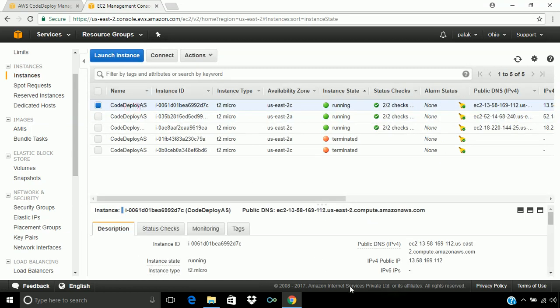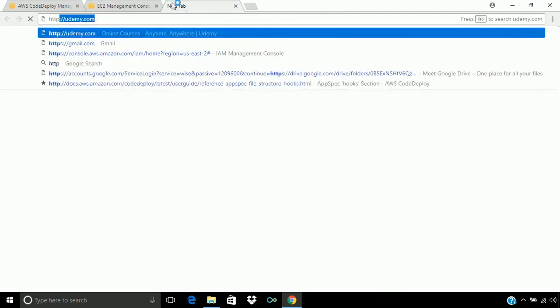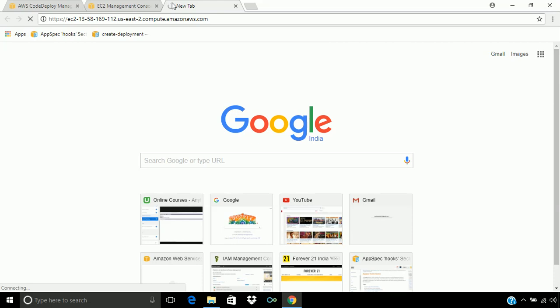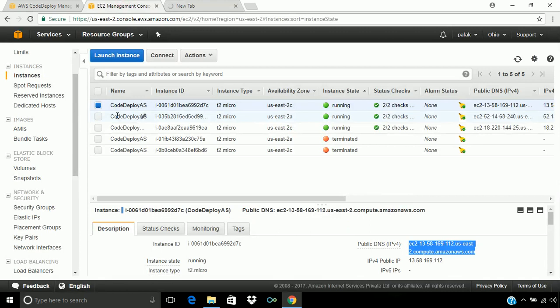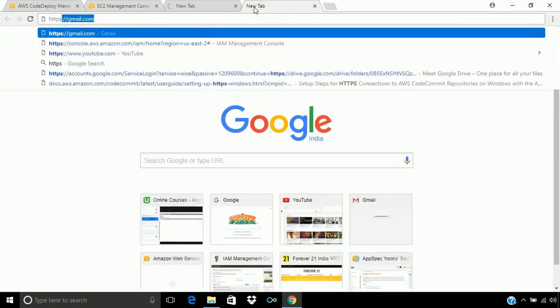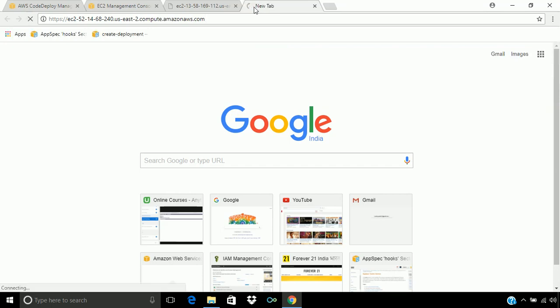So here in this instance we can see by using this public DNS, also let's navigate to the second instance, so we can see what application is deployed on both instances.